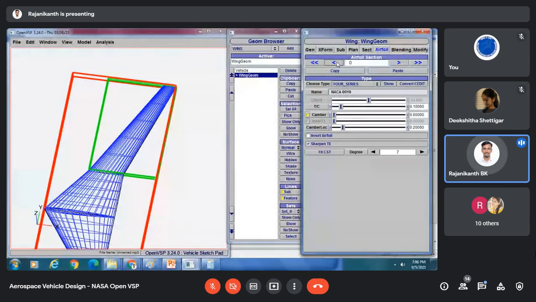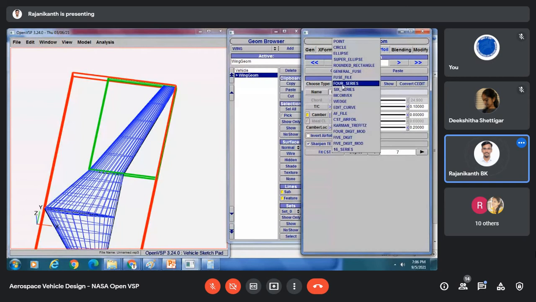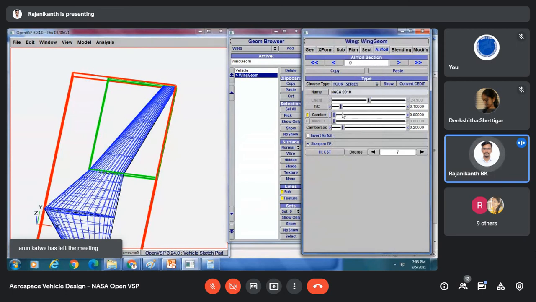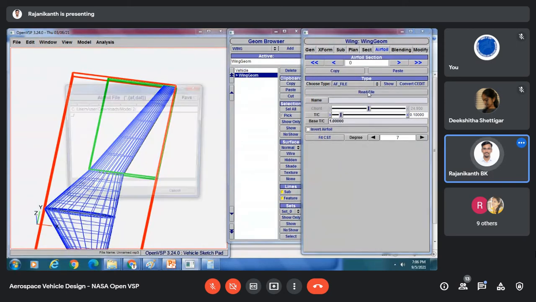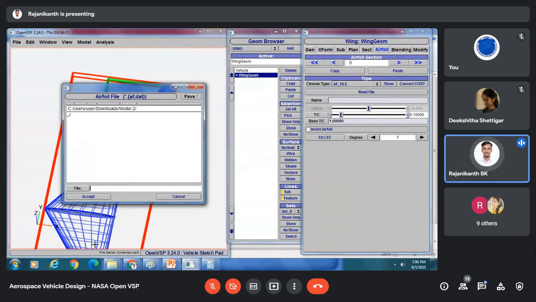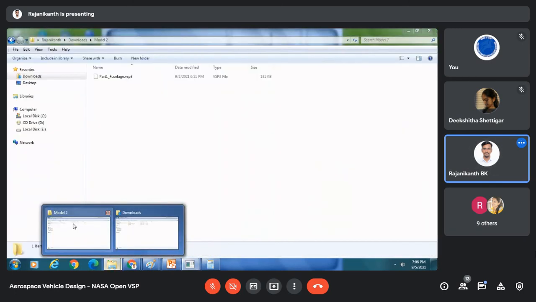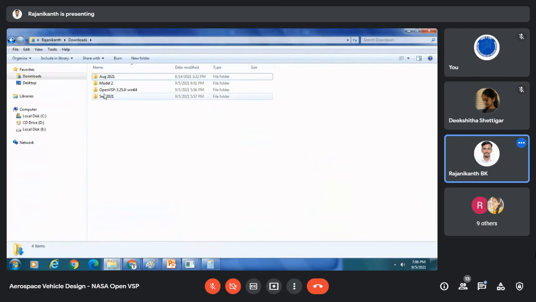Just come to the 0th cross section. Okay, so here go to type of cross section. Just use AF file. Okay, here we have AF file. Okay, read the file. So what you have to do, you have to go to downloads,